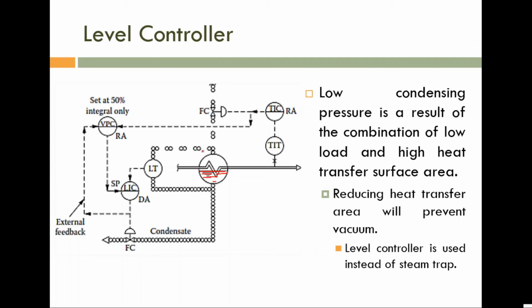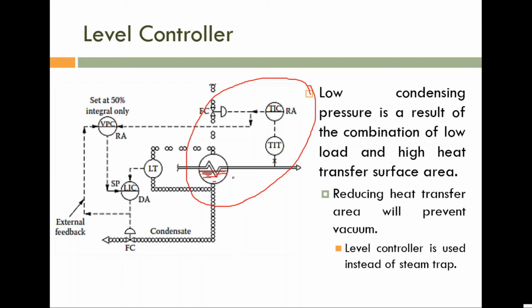So under this condition, you can see that this part is similar to what we discussed in the first instrumentation. This one is nothing but the throttling of steam flow rate. Temperature is measured, and by using the temperature, this controller is manipulating the steam flow rate. Am I correct? So this is similar to what we discussed in the first instrumentation. Now, if it has the blown up problem, or why does it have the blown up problem?